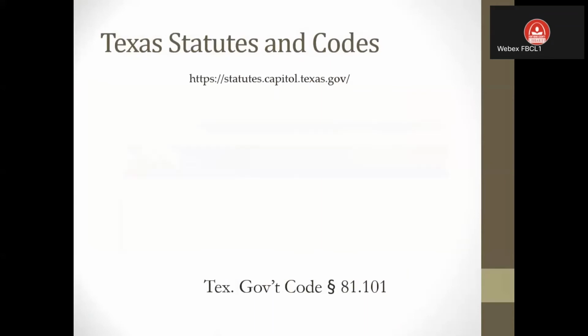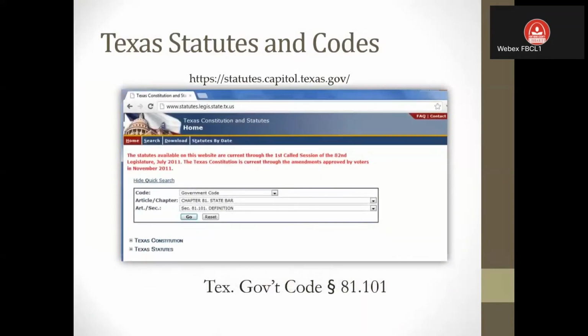So Texas statutes and codes, statutes.capitol.texas.gov. There you go, that's the actual website address. I'm searching for 81.101 like we did earlier. You can do a search on there. It's not the best. Typically, if you have a direct citation, you can pull it up this way, hit the little drop down boxes and everything. Now it's going to open a PDF document, and in your browser, you can do the find option, which is pretty good. But it's going to open a big, large PDF. But again, remember, it's just the code. It's not going to have any annotations to it.